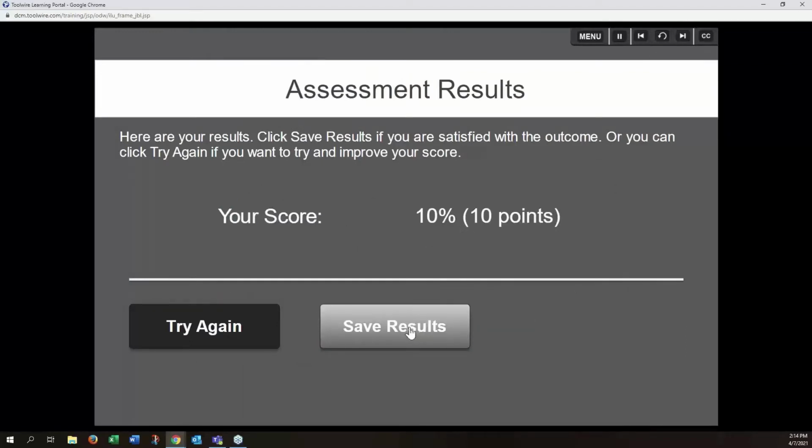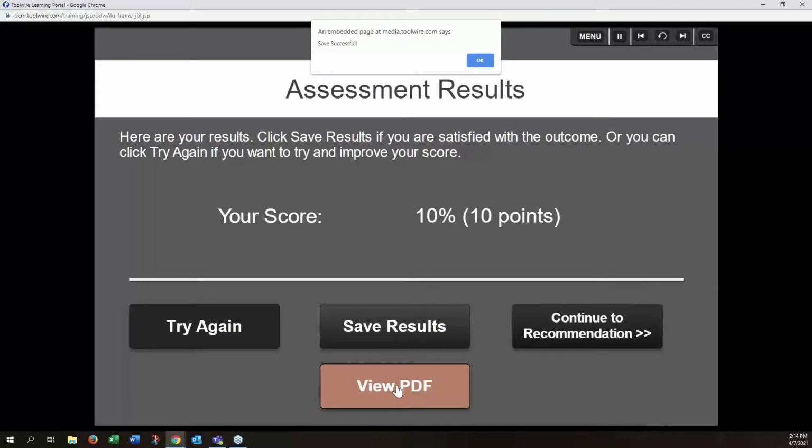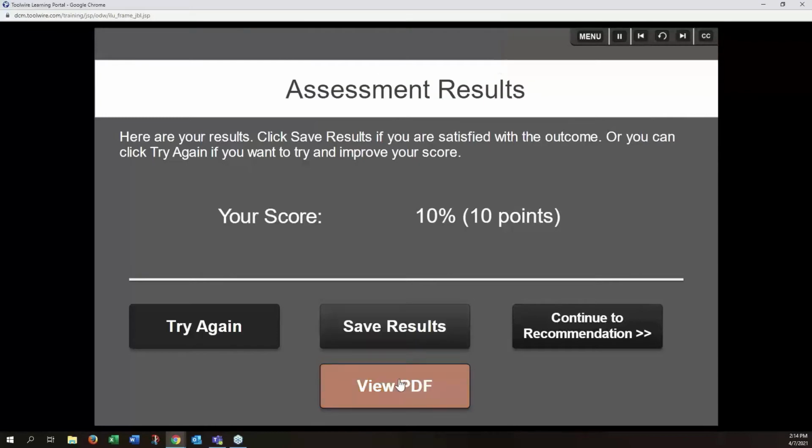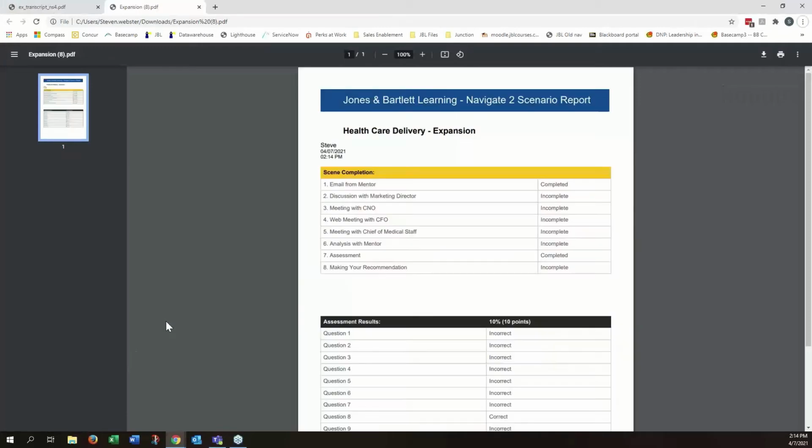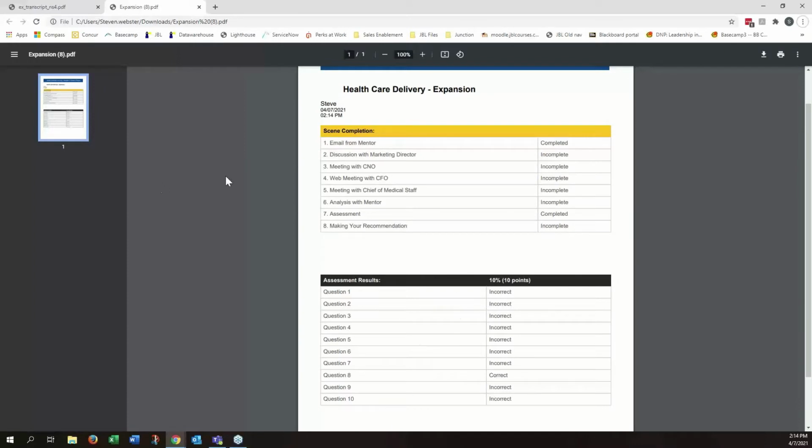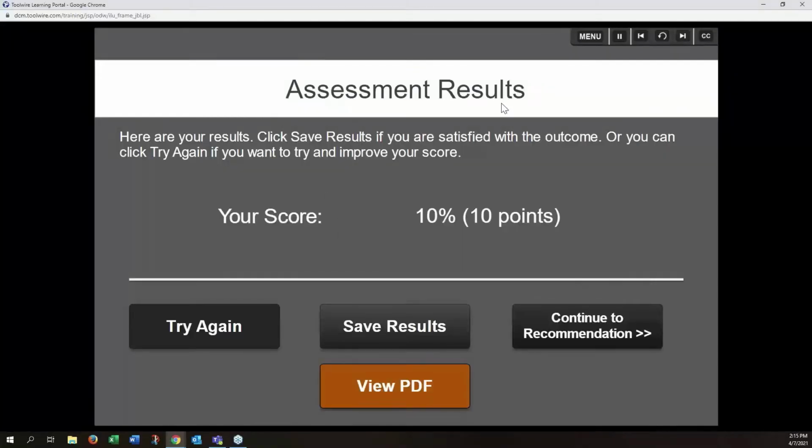When you are finished with your assessment, you can save the results, which kicks out a PDF, which you can view. And it will show you which scenes you have finished, and it will give you your assessment results. This is a very tidy package that you can have your students deliver to you to prove and indicate their completion of the work. Flip back over here to the